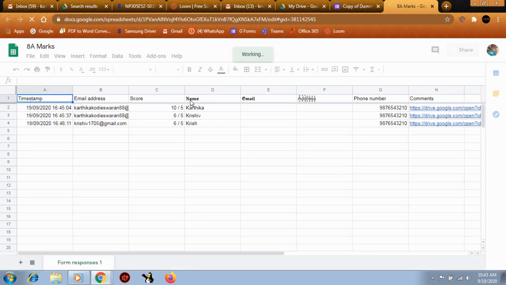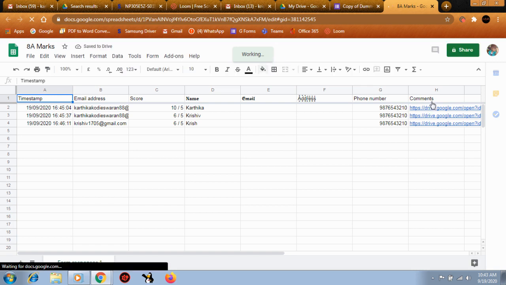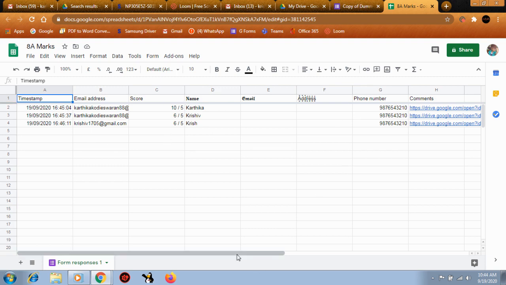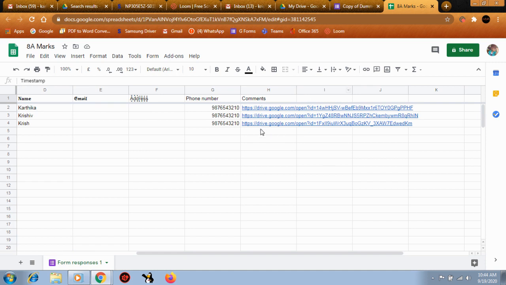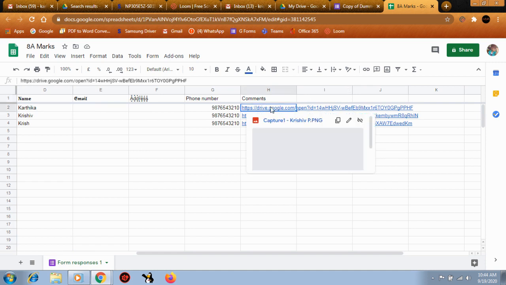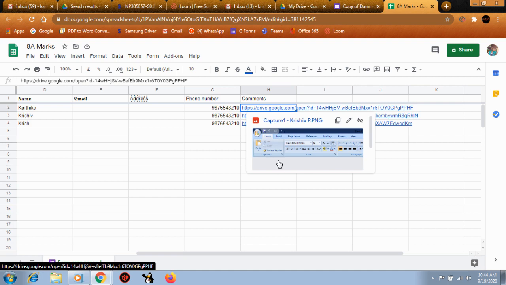Let it load, and you should get a normal Excel sheet. See, only now all these options are coming. Even in this sheet, we can see question-wise all the answers and even the link which was created. These are the links from your Google Drive only. If you click, you can see that particular answer sheet. Even here you can edit the link or check the answers also.